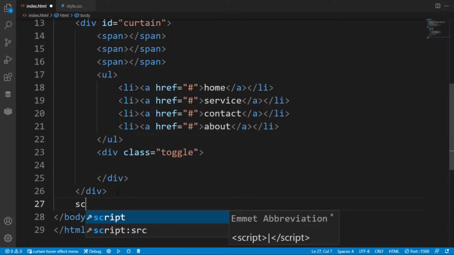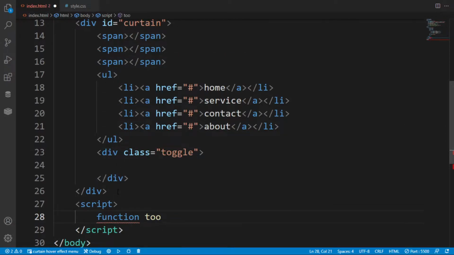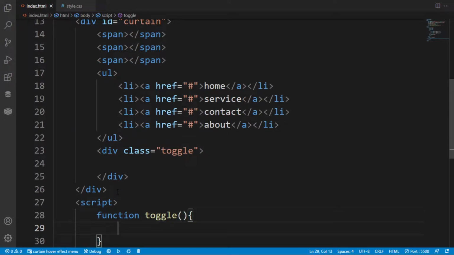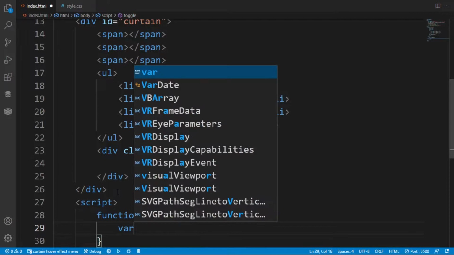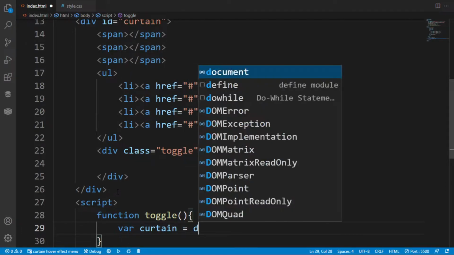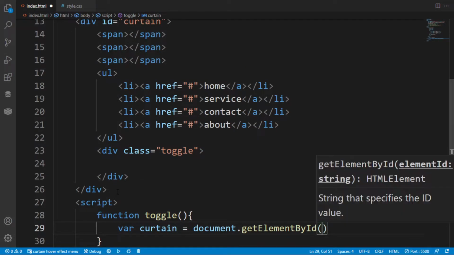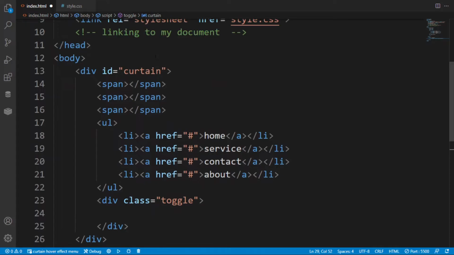Here I have created a script creating a function named toggle, and in this I want to create a variable named curtain. Then in this I want to store document.getElementById of the id curtain.